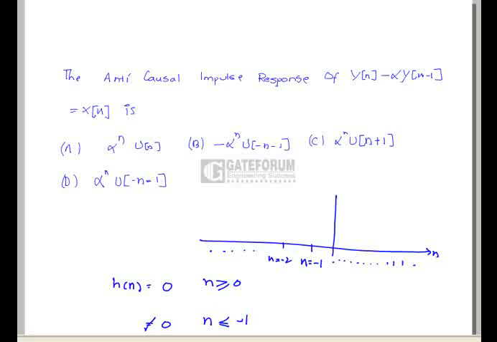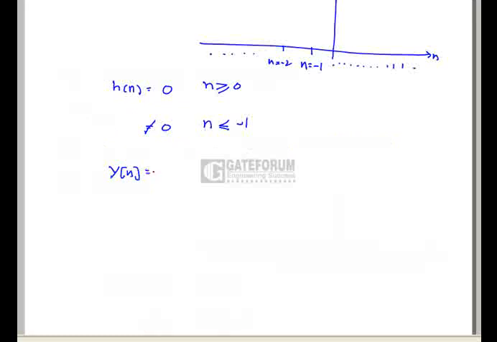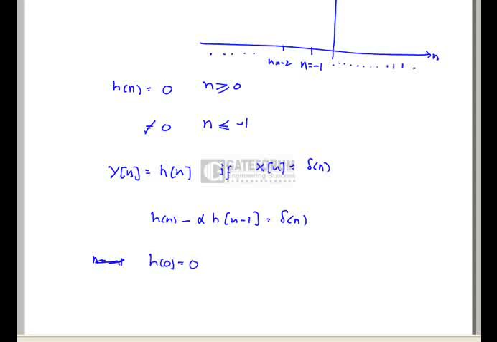Here y of n equals h of n if x of n equals delta of n, that is the impulse function. So h of n minus alpha of h of n minus 1 equals delta of n. For n equals 0 and n equals minus 1, that is h of 0 equals 0, h of minus 1 is alpha h of minus 2 equals 0,